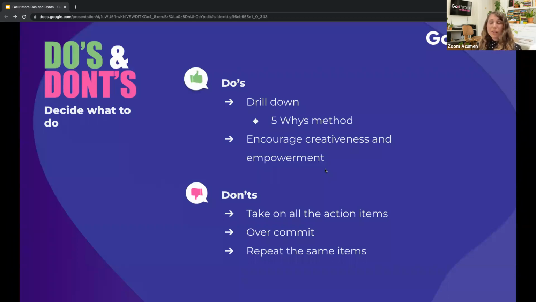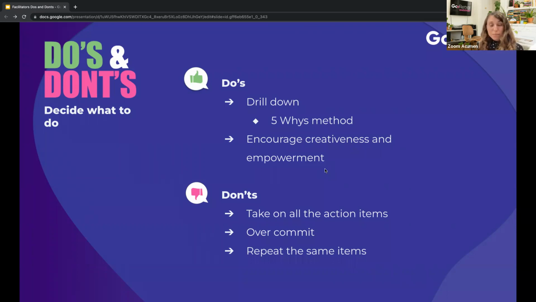So we need to drill down. It's not just about reading the feedback and creating an action item. We have to understand why. If we don't understand why, we try to treat symptoms and not the actual root problem. The 5 whys is a really common method you could use, right? Basically, the idea is to keep asking why. So if someone said, we planned too much, why did we plan too much? Why did this happen? Why did this happen, right? Asking until we actually get to the bottom of things. This will really help us address, again, the root cause instead of the symptoms, making us find the best way